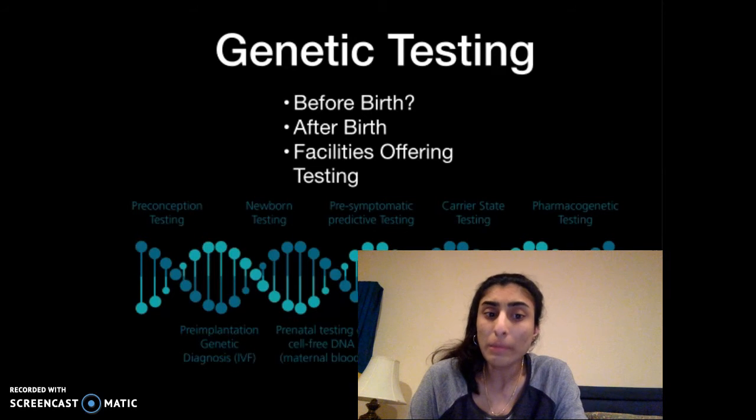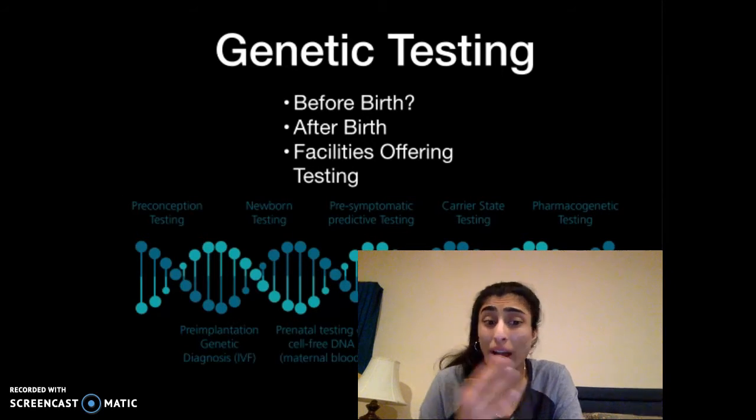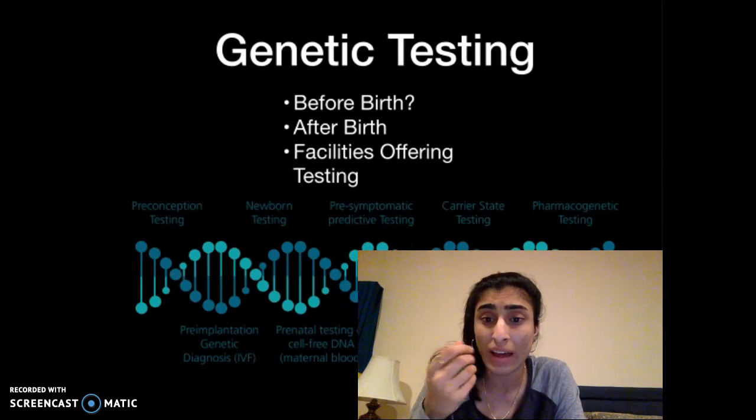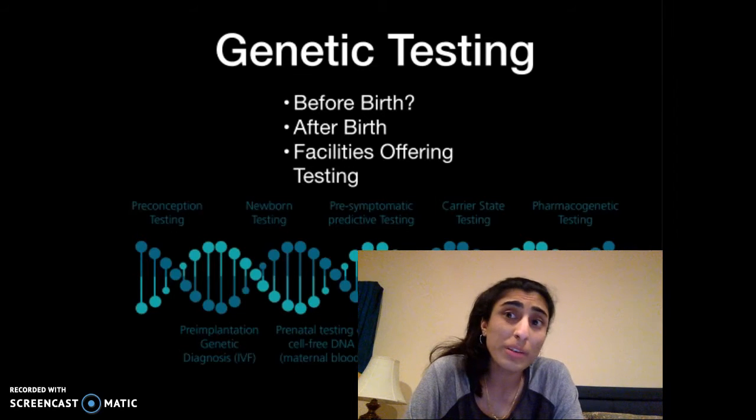It can be done before birth, I'm sure, but I haven't come across any research when I was looking into it that suggests that that is common or even generally possible, just because it is